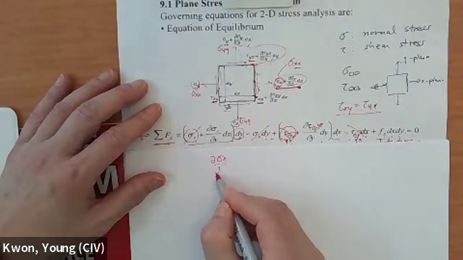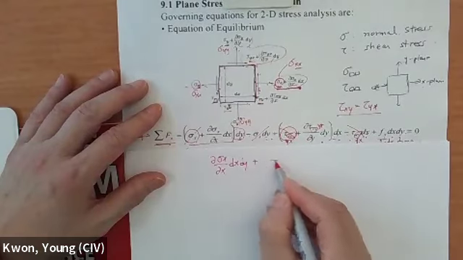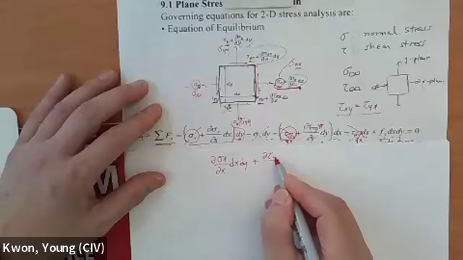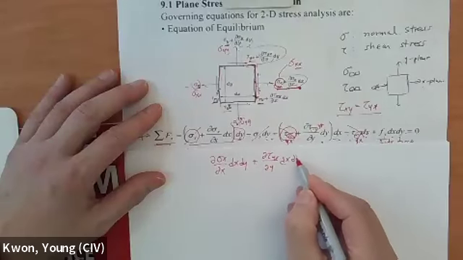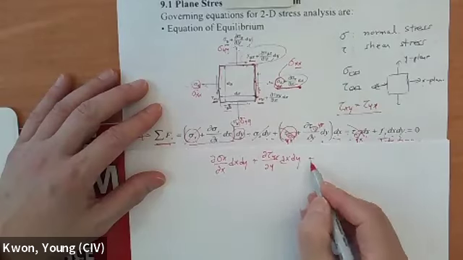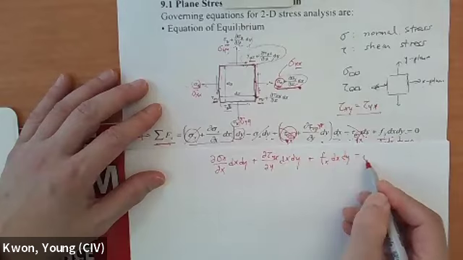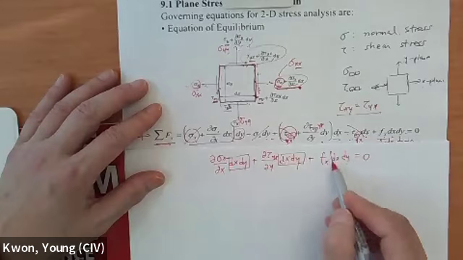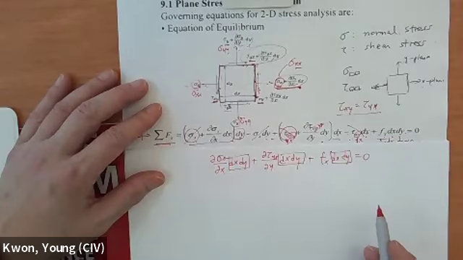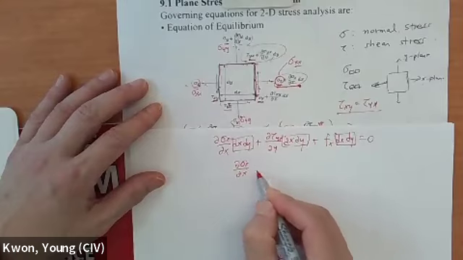Partial sigma x over partial x, dx dy, plus partial tau yx over partial y, also dx dy, if you just swap that, and plus f of x dx dy. So you can divide by dx dy because they are not 0. So that's going to be sigma x and